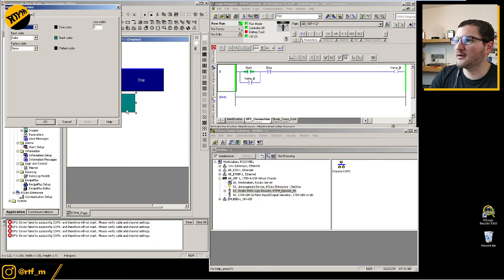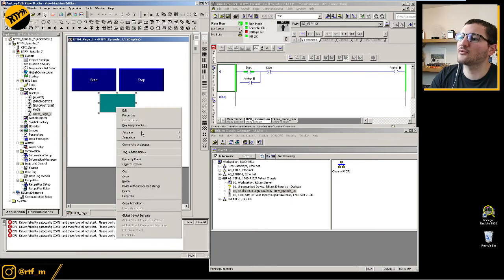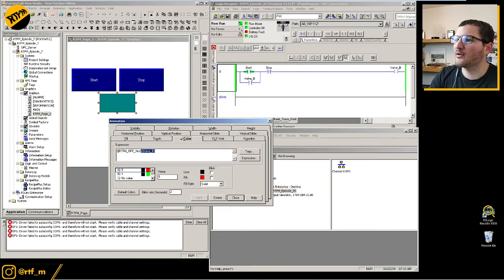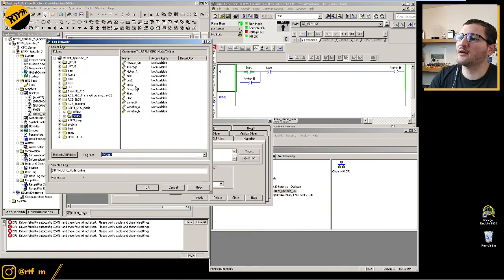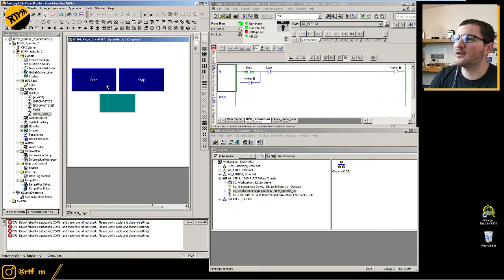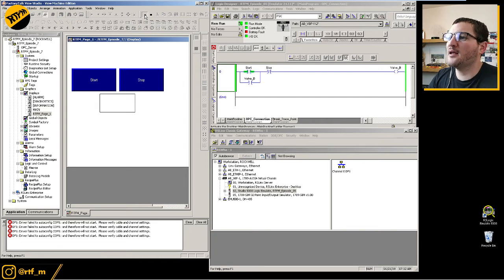Oh, sorry, I messed up. I've messed up too quick, so go back to animation. We're not using fill, we're using color, so get rid of that. It's probably the same tag really, but let's just configure it correctly. Valve B, apply, close, and here we go. We can always test by pushing the test button here, test display, and we should be live in a second, right? Here we go. If the output is off, it's configured to be red. If we push start, let's just clear the stop first, right? Push start,